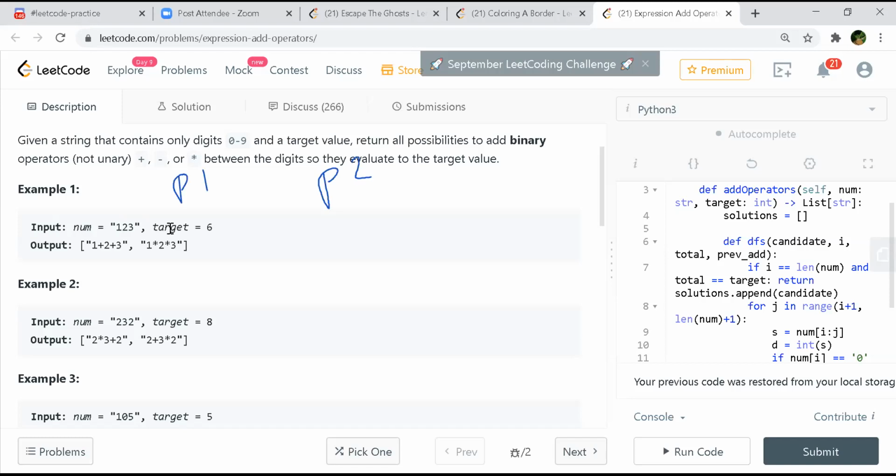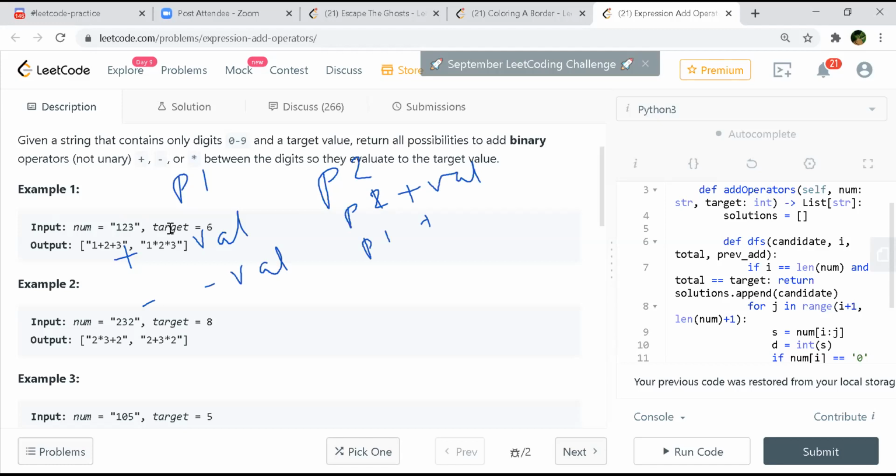In this P1, when it is a plus sign, and if our current value is val, we will just store it as val, right? And for P2, it will be like P2 plus val, or P1 plus val, right? And if it was negative, we'll just store this negative value, right? And then we'll have to actually add, maybe it is P1, I'm not sure though. So P1 plus val.